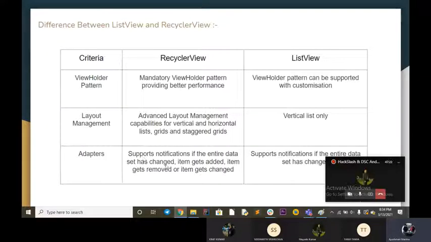And second is the adapters. So what you can get is that we have a more advanced adapter here, which can be notified about the changes that have been made on the list view. We can get the position of a particular element in that list view. We can get the position of different things. So you can consider this adapter as a modified part of a list view. And list view doesn't support so many changes and so many notification features. So we mostly use recycler view as a list view.